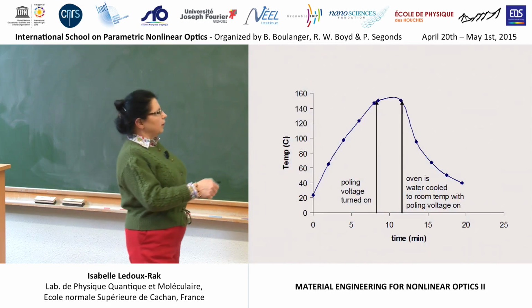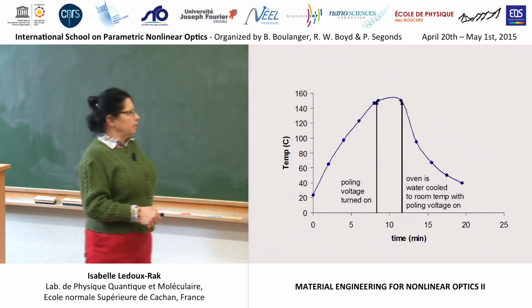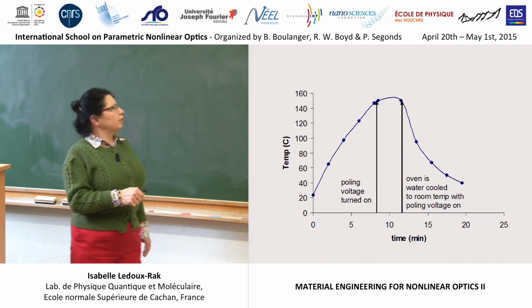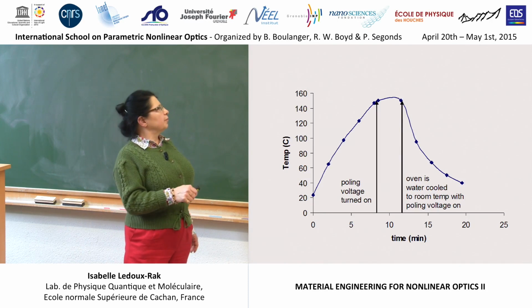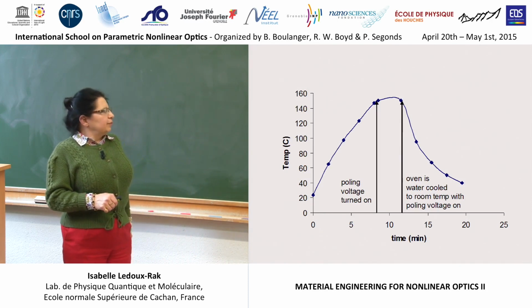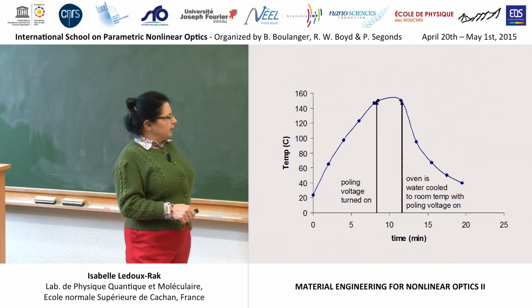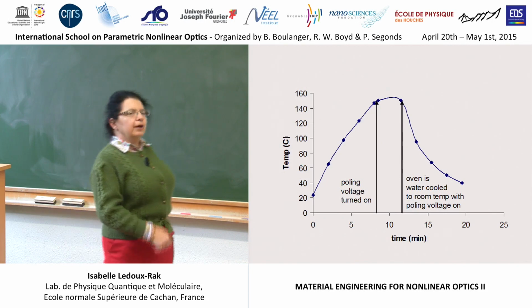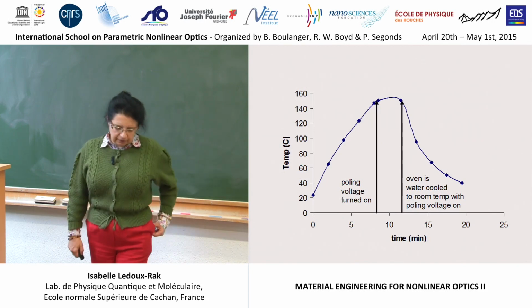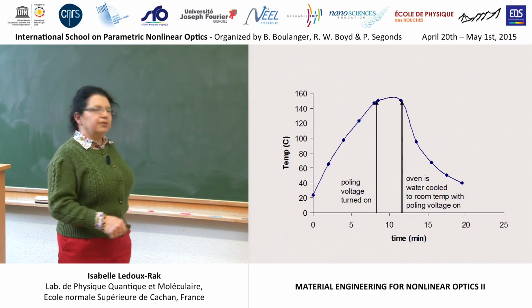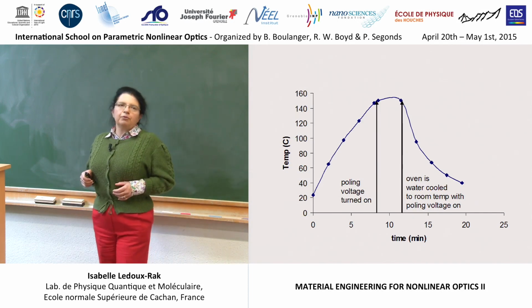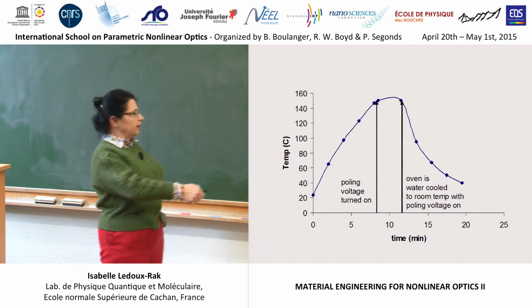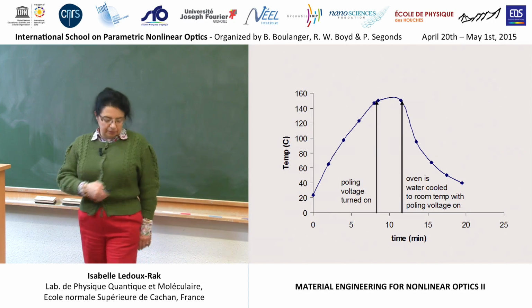So, to show you how to proceed, you apply a poling voltage at moderate temperature, but higher than room temperature, 140, 150. And then wait a moment and cool down, and you keep the voltage on until it reaches room temperature. And at room temperature, all domains are organized in parallel, resulting in a strong macroscopic dipole moment and very good nonlinear response. We will see again this process in polymers. So the physics is the same.